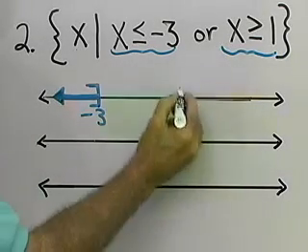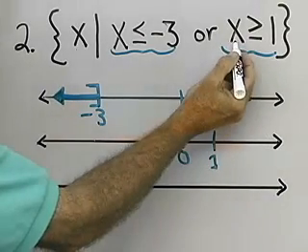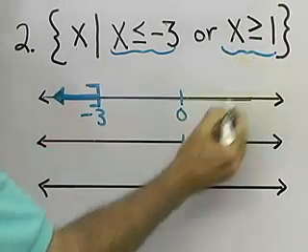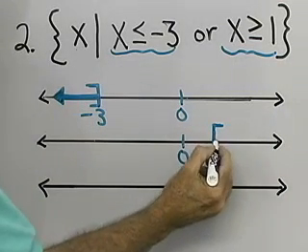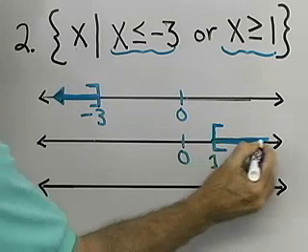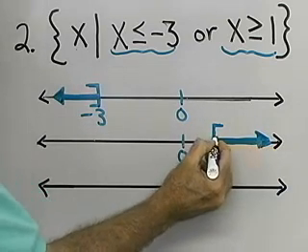Now let's graph all the numbers x such that x is greater than or equal to 1. Again, here's 0, and I want to kind of line these up. I'll put in 1 over here. I want all the numbers that are greater than or equal to 1. So again, I use my bracket like this that shows that 1 is part of the solution set, and then I'll color in all the numbers up above that and put an arrow in to show that that solution set